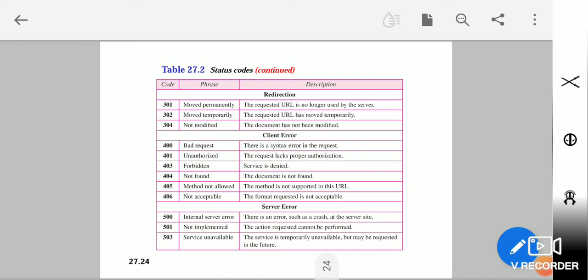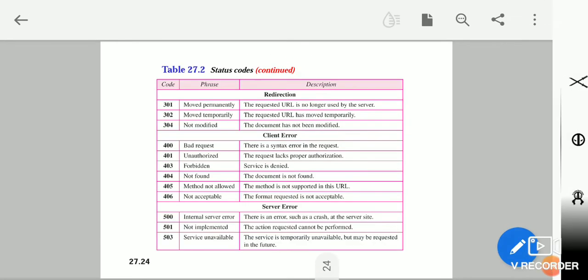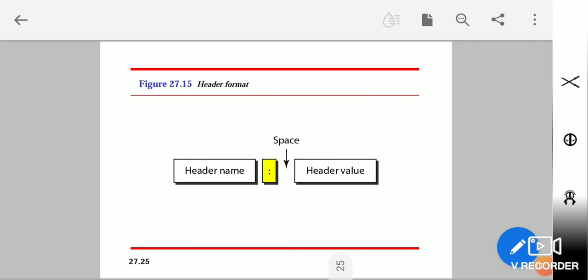And there are also redirection codes. 301 is for moved permanently, 302 is for moved temporarily, and 304 is for not modified. For example, there is a server, and this particular content is relocated somewhere else. There we will be using redirection kind of status codes. And finally, the header format. You have header name, colon, header value.